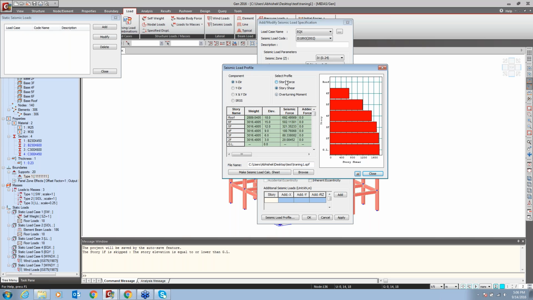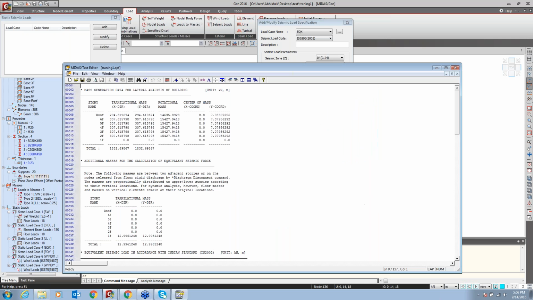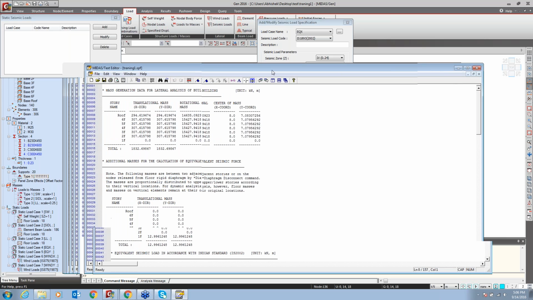Now in the story shear, you can see the seismic weight values, the seismic force values, and the story force and story shear. If I want to know about the calculation, just click on make seismic load profile. In this profile, you can see